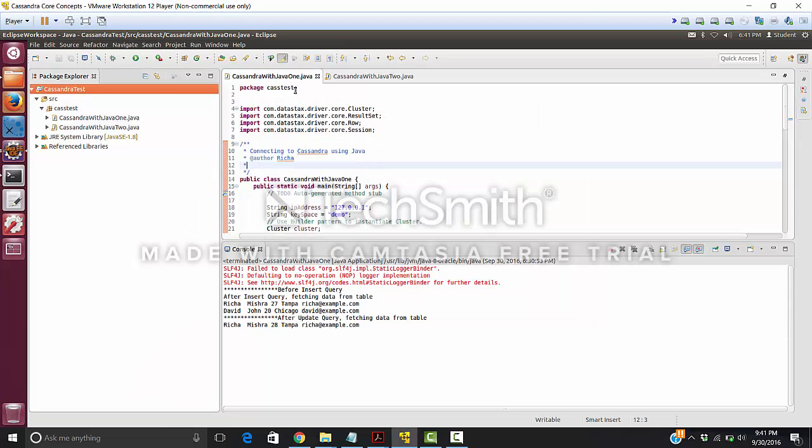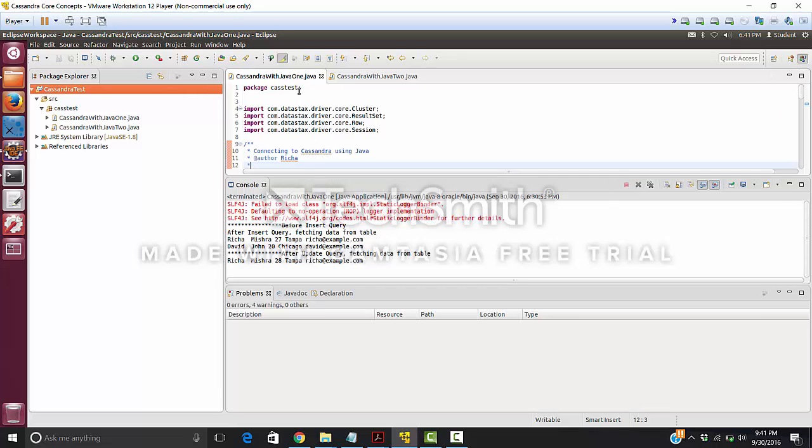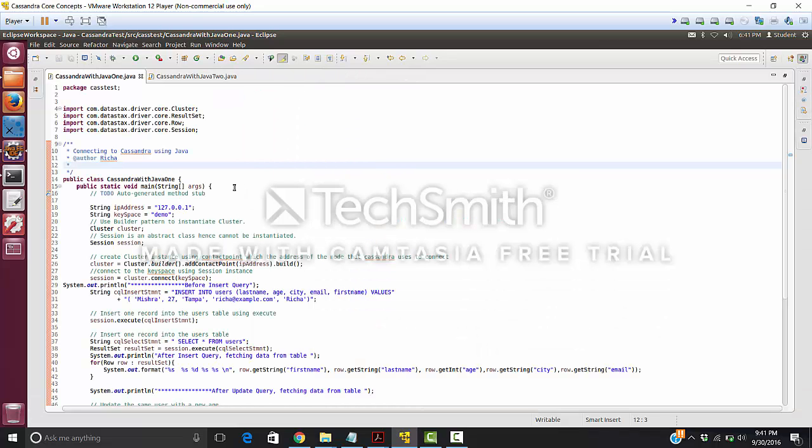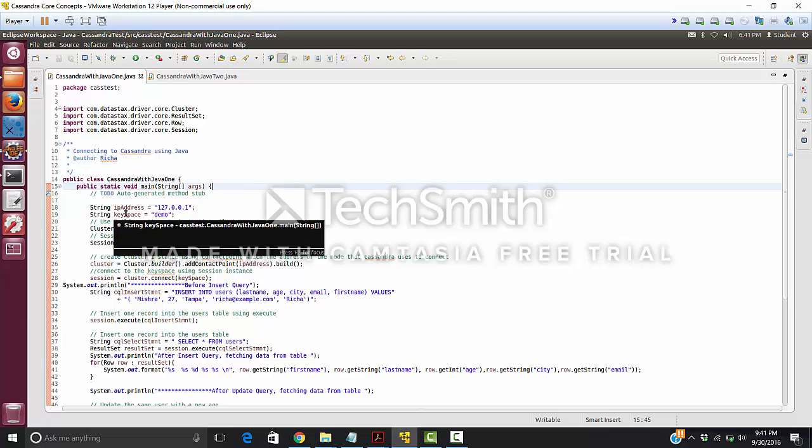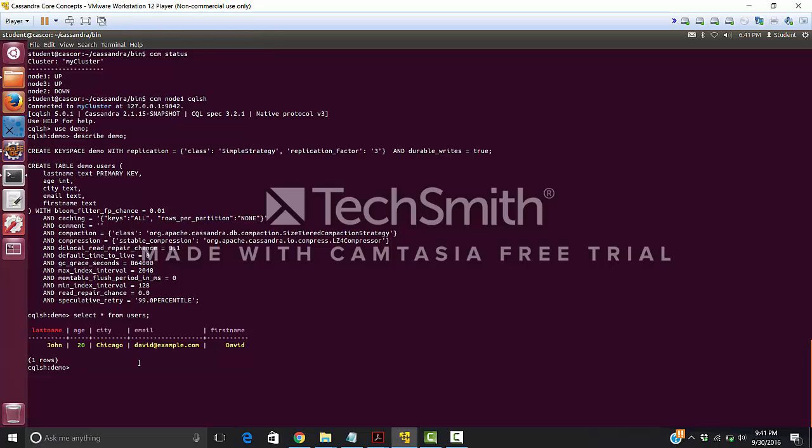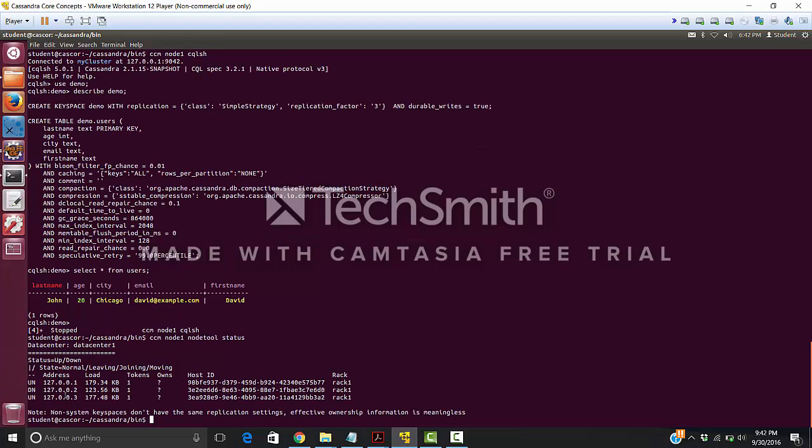So I have a program here called CassandraWithJava1, a very basic program with a main method. I go here to cross check the IP addresses of my nodes. So I'll just come out of my cqlsh and do a ccm node1, node2 status, and I see that 127.0.0.1, .2, .3 are the IP addresses of my nodes. Node 1 is up, node 2 is down, and node 3 is up again. So I go back to my Java program,